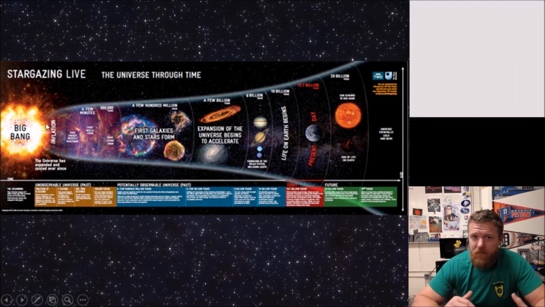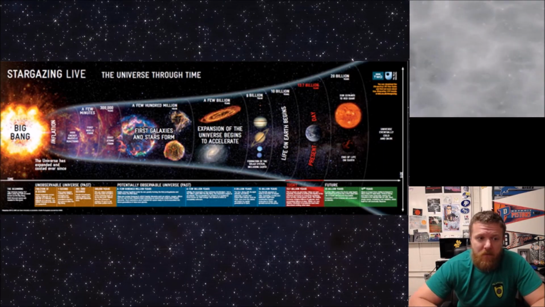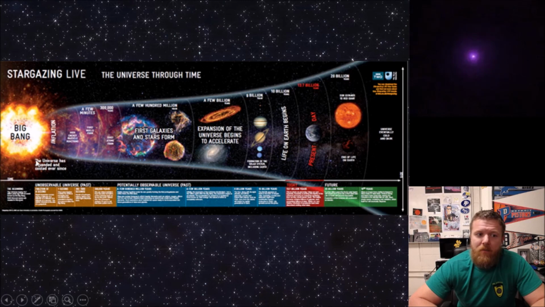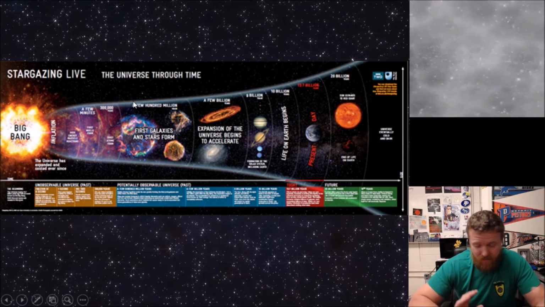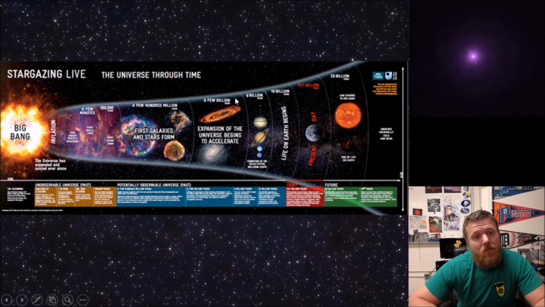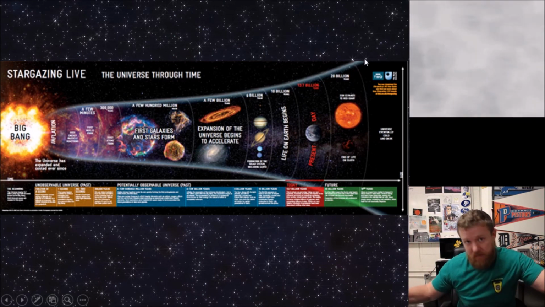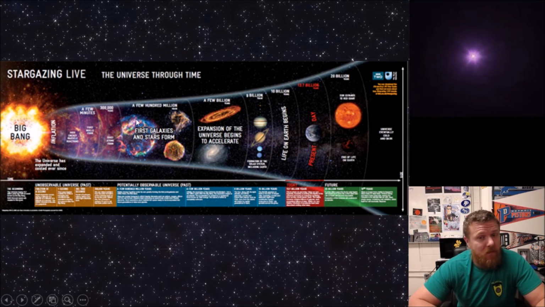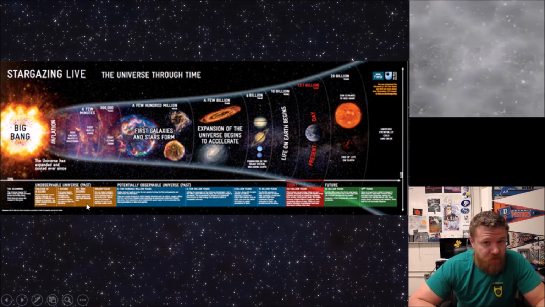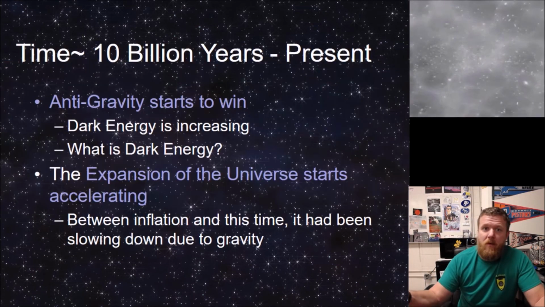You'll see a lot of different timelines of the universe. Many of them had this inflationary epoch where it got really big really fast. This one actually has the expansion start to slow down. Then about 3 billion years ago, that expansion is now speeding up, and it has little pictures of what's happening in each time period, as well as some descriptions of what's going on. And that's where we're at today. But